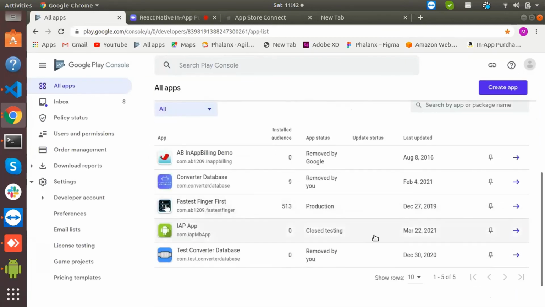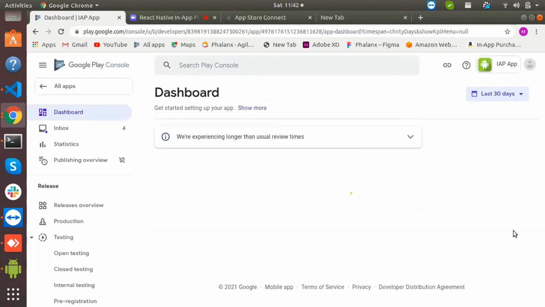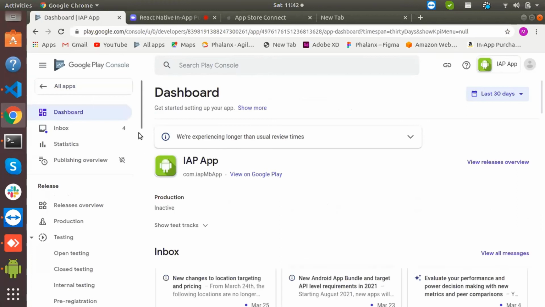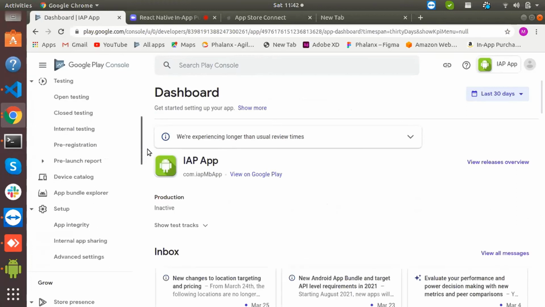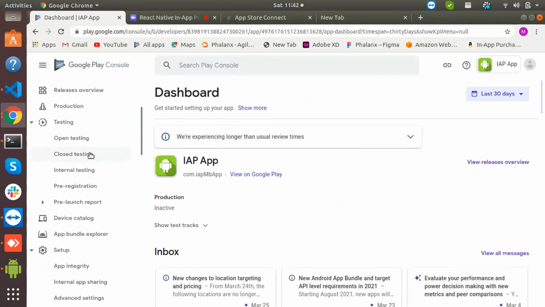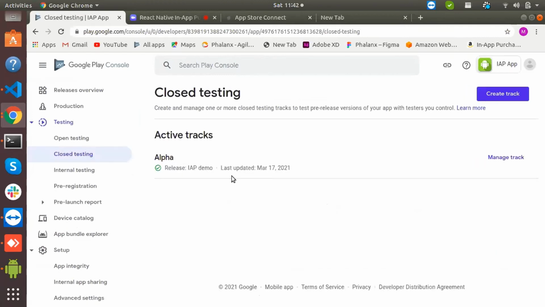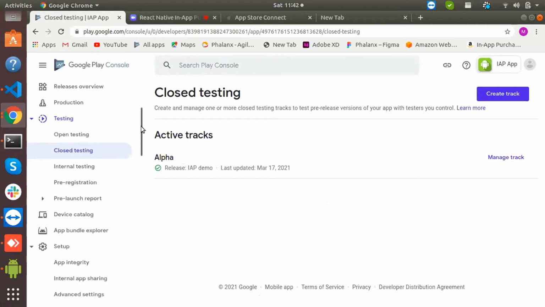Here is the application list. We need to choose our application first, on which we want to implement the in-app purchase. I have already released this application for internal testing, so my application is in active state.